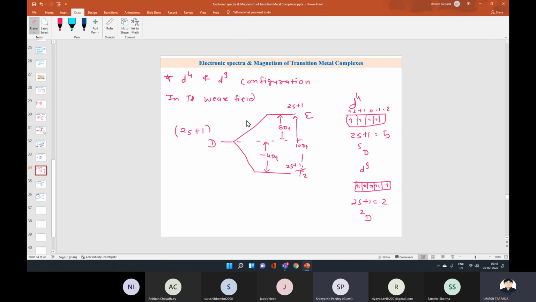सर, जब CFSE आपने पढ़ाया था, तो उसमें D4 D9 एक ही तरह से कैलकुलेट किया गया था। नहीं, मैं वो नॉर्मल ऑक्टाहेड्रल स्प्लिटिंग की बात नहीं कर रहा हूँ। जब D4 और D9 की हम ऑर्बिटल डायग्राम में जाएंगे, तो वहाँ जिनका जो स्प्लिटिंग होगा